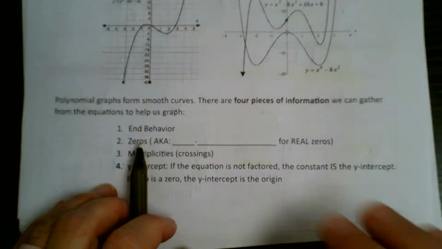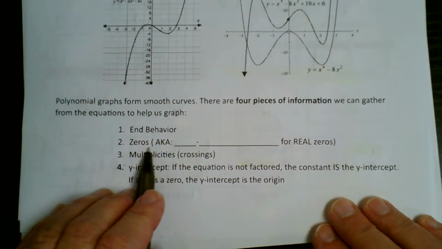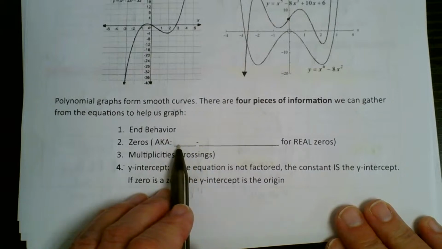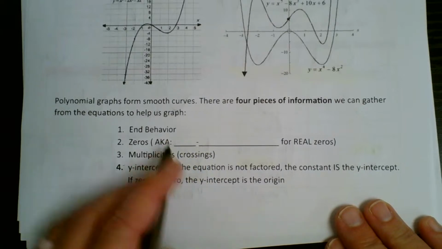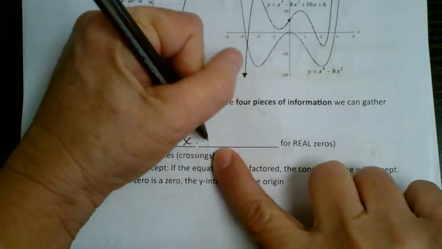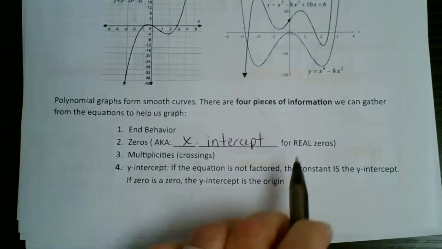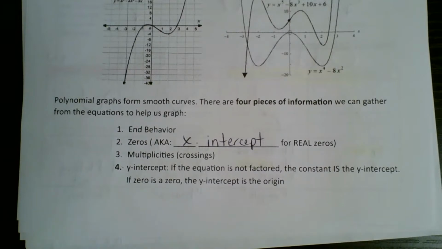We know that. On our graph, where will the zeros go on a graph? What do you think goes in these blanks? Zeros are also known as the x-intercepts. Now, that's if you have real zeros. If you have imaginary zeros,